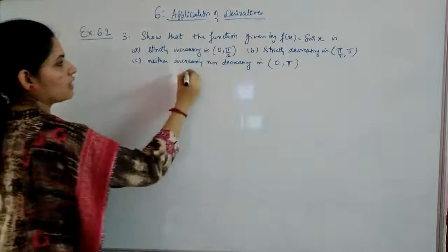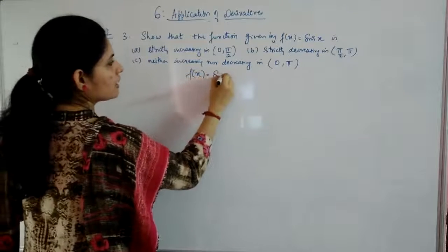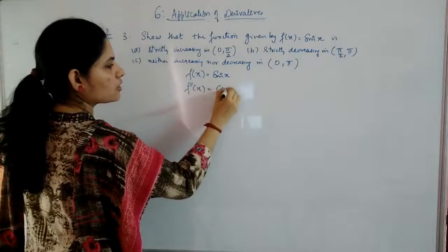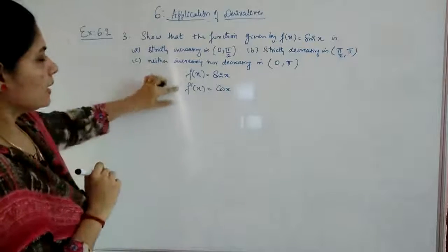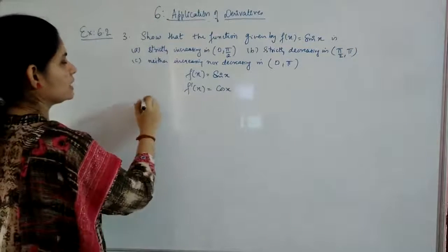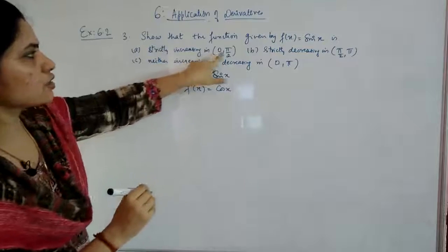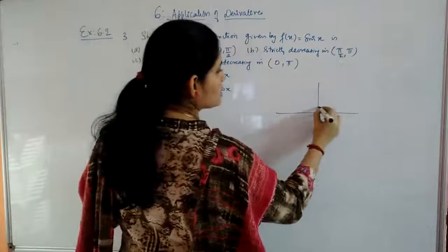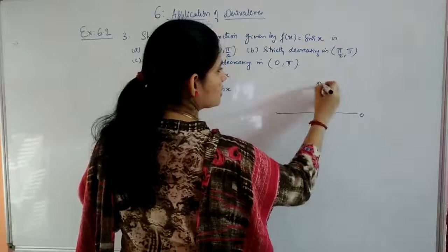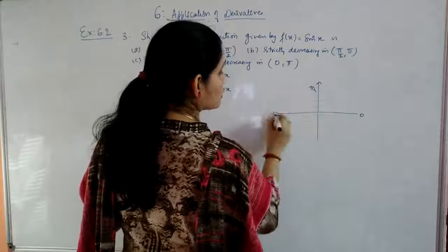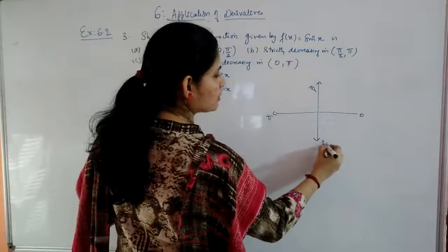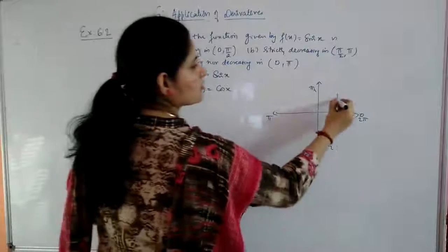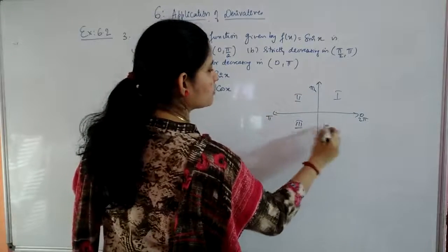So first, the function is sine x. Now take the derivative of that function. What you will get? Cos x. Now we will go for the first one, that is you have to check for the interval 0 to pi by 2. Again, if I draw like this, that will be easy for you to understand. From here it is starting, here it will be pi by 2 angle, this part will give you pi, and here 3 pi by 2, again it will reach 2 pi. So I will say this is first quadrant, second, third, fourth.